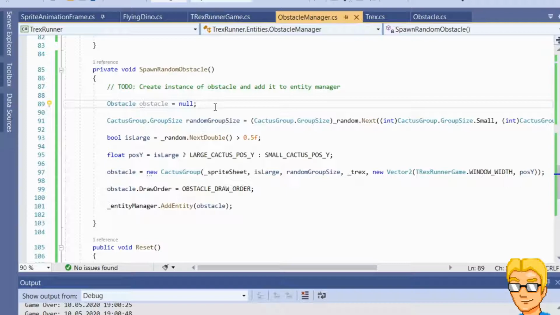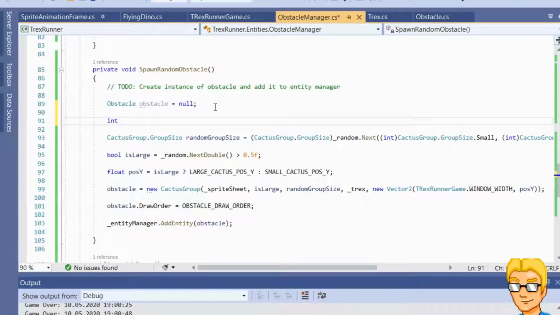Let's say the cactus groups have a spawn rate of 75%, and the pterodactyls, the flying dinos, have a spawn rate of 25%. So let's say int